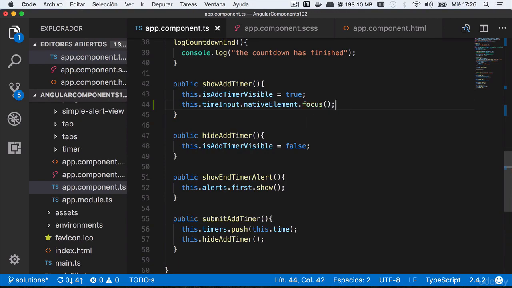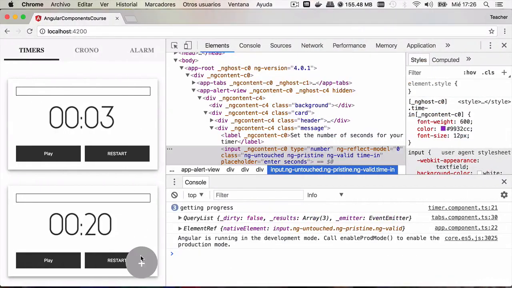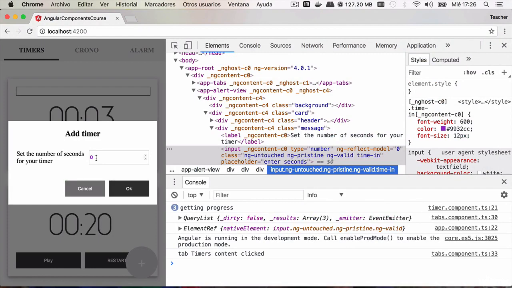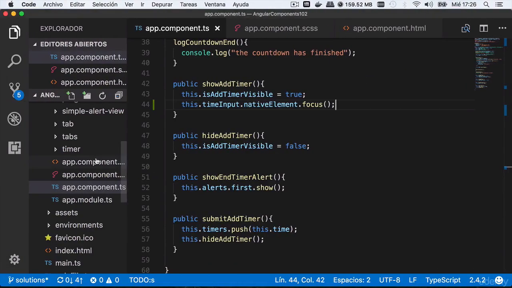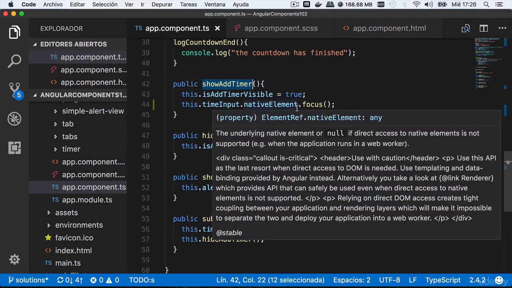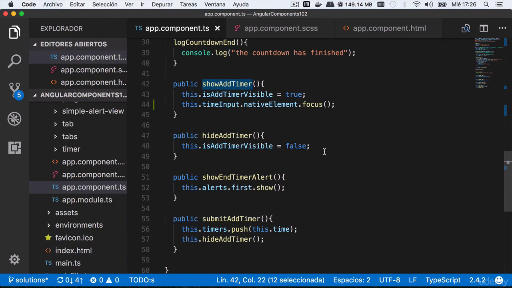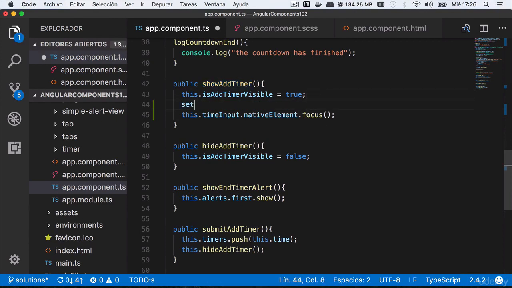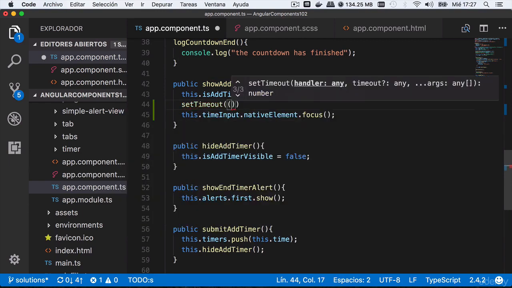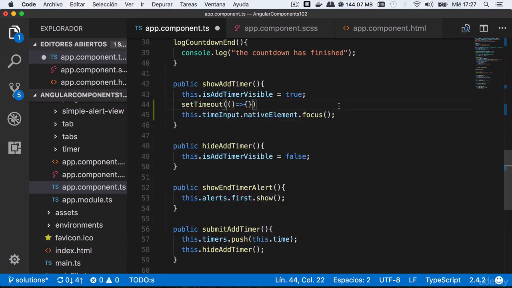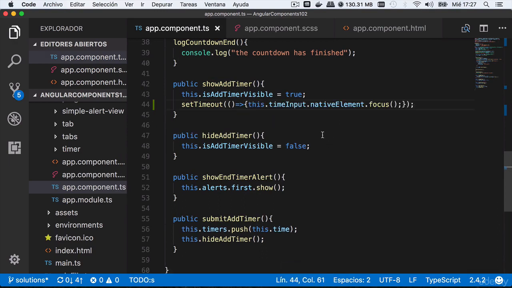this.timeInput.nativeElement.focus directly. If I move to the browser to see the results, I click the button and there's no focus on my input. Why is this? Well, as I have manipulated the DOM directly, Angular has not detected the changes inside the showAddTimer method, and changeDetectorRef is useless in this case, so the only option I have is to call this inside the timeout function so Angular detects the change. So I write setTimeout, I pass an arrow function, and basically I move the focus call inside the arrow function. I save, and now I can go back to my browser